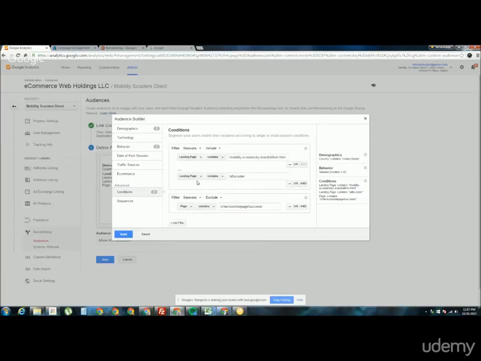So with this specific remarketing list, I am, as you can see here, using some filters that are based off of the user session and what landing page they entered the site through. So for example, here, I've required the visitors that enter this remarketing list to have entered the site via a certain page on my website, which is a brand page that shows all of the mobility scooters manufactured by a